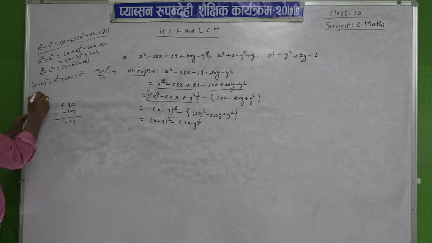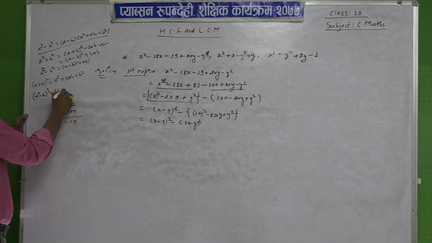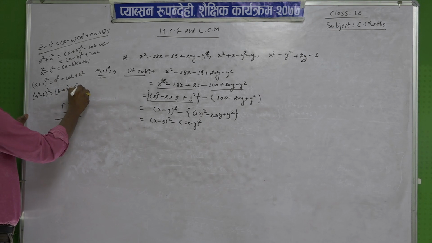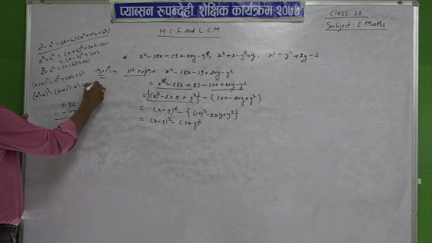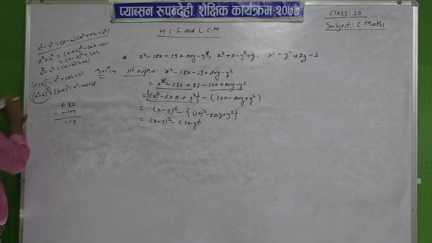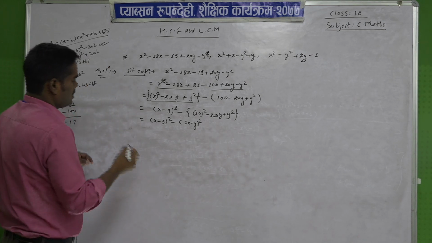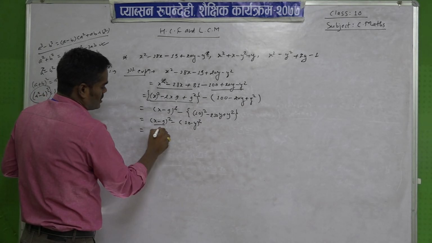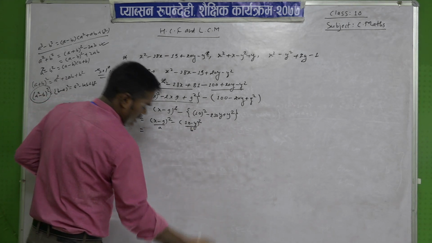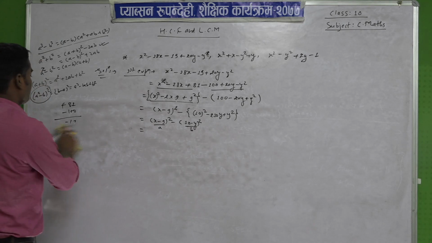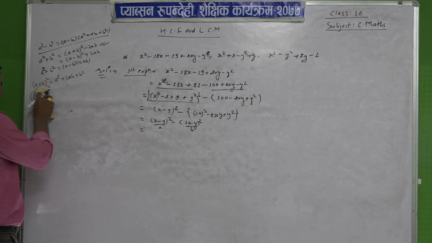Here the formula is also the same: a minus b whole square or b minus a whole square means the same formula, a square minus 2ab plus b square. Yes, so we can write a minus b whole square also, b minus a whole square. So now this complete part is A, and this complete part is B. Now it is in the form of a square minus b square.